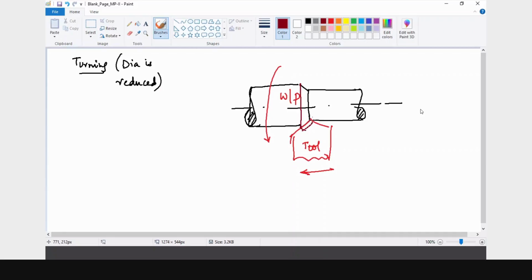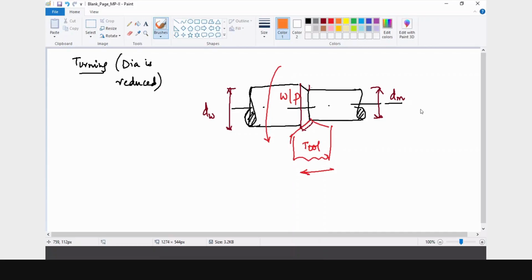There is an initial diameter of the workpiece, which I will call the diameter of the work. After machining, we can call it the diameter of the machined workpiece. Now, whatever you are trying to reduce, earlier it was something like this.